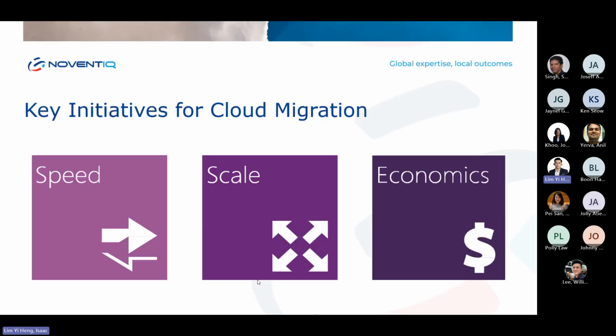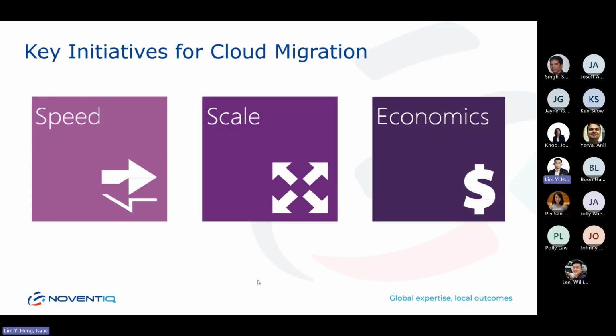So joke aside, I'll move on with the three key initiatives for customers to consider and decide to migrate their workloads to the cloud. So these are the three key initiatives when customers think to move to the cloud. The first one would be agility and speed. Traditionally, when we would like to procure on-premise services like servers and storage, it might take some time for the stock to be available and also installed. On cloud, we can rapidly set up the environment to drive any immediate business requirements and priorities.